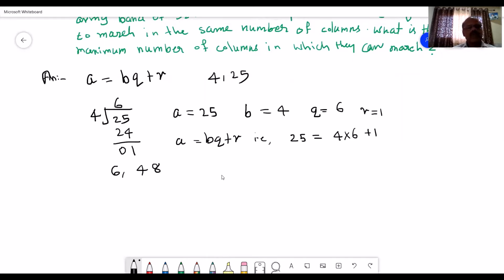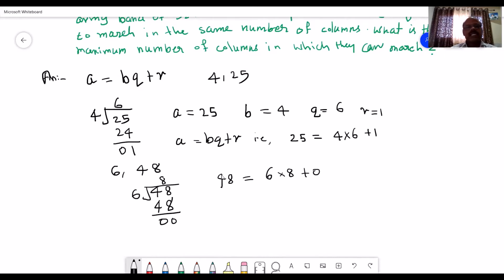Another one we are considering is 48 and 6. Now we are going for the division procedure with 6. And 6 will go into this without any remainder, 8 times. So we are getting the remainder as 0. And this we can write as 48 = 6 into 8 plus 0.